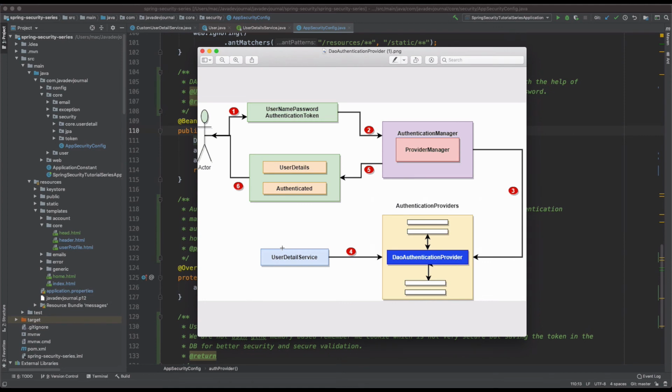And there can be multiple authentication providers, there can be multiple authentication managers, but we are going to talk about those in our advanced lesson. Now I think we have enough of how it works, what the theory is, and what the workflow looks like. Just to end this lesson and to give you better clarity, I'm going to put certain debugger points and explain how this entire stack works together.